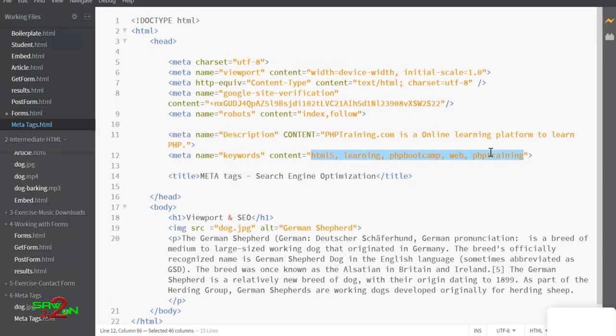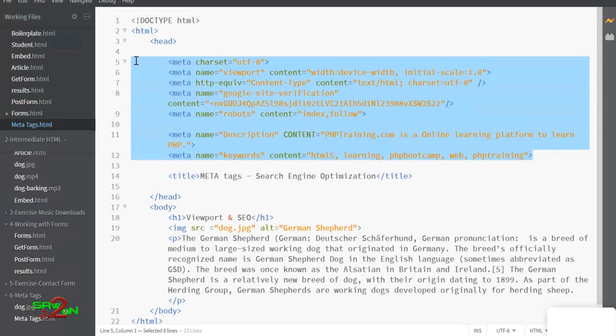Alright, so those are the meta tags that we typically use inside the head section. The main purpose of meta tags, as you have seen, is communicating with other systems that are trying to access your page, controlling the viewport, doing some kind of verification, and setting the content type of your page. So that's all about meta tags, and I'll see you in the next one.